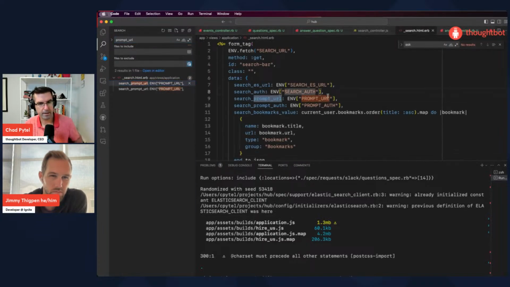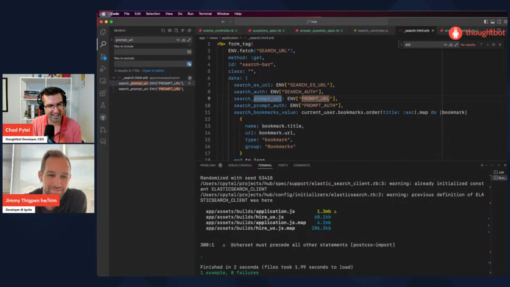What I'm worried about here is this, yeah, this is coming from an environment variable, which to me means that this place where the prompts are being answered is not Hub. Yeah, it's not. It's search. So search is a separate app, a separate Rails app. Interesting. Is this something that you wrote, thoughtbot made?